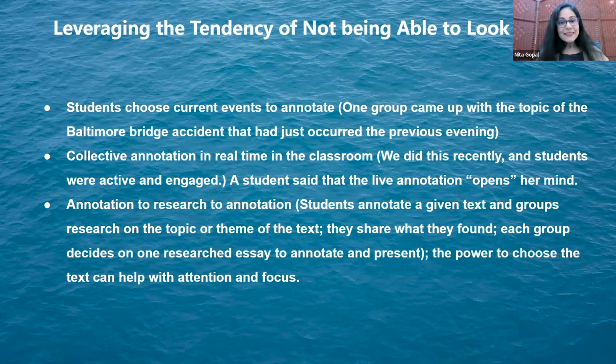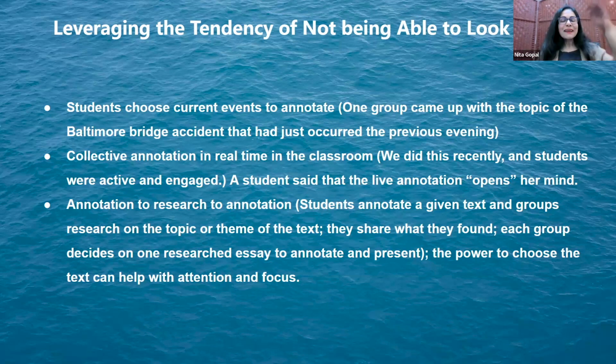Today's Thursday. I did this yesterday with my Wednesday students. So I asked them, hey, you all do social hypothesis annotations. You all do these activities for homework. Now you did this in class. So how do you feel the difference? Do you feel a difference? And they were all nodding. So I said, speak up, tell me. So what is the difference?